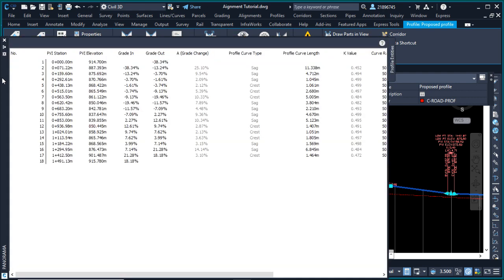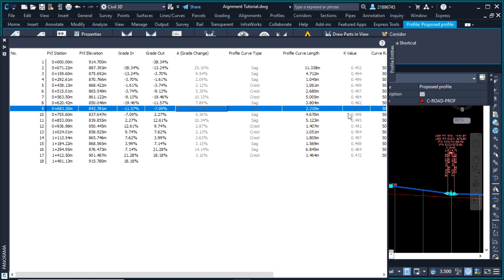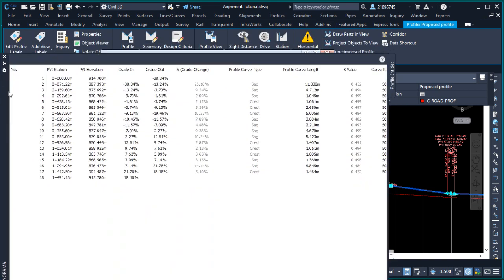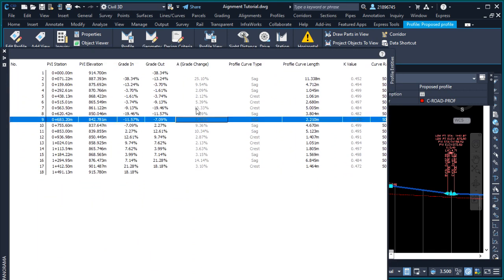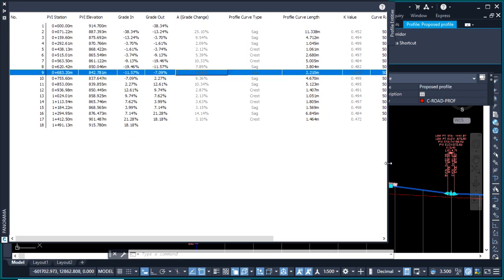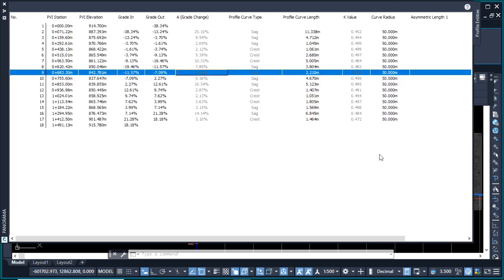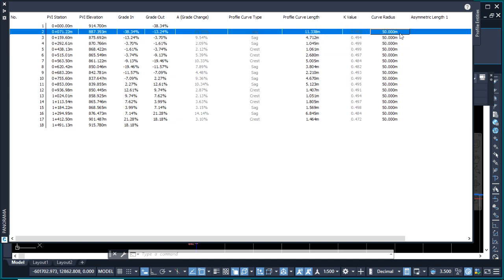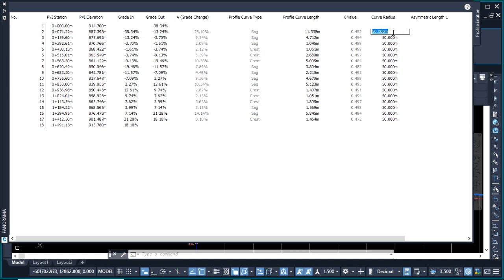So this information of the profile here, we can get it from here, and if we just come here, you can have the elevation, the K values, and all that information here, which, if you want, you can copy to Excel. And for example, let's say I don't want those curves, I think they are too small, so I can come here and change, for example, let's say 150,